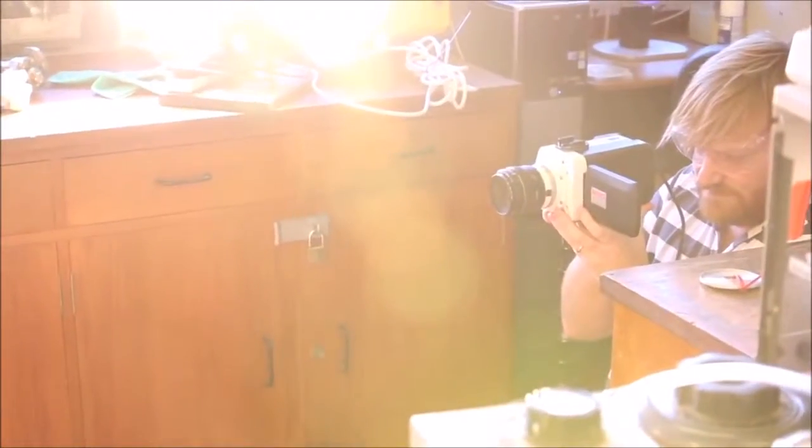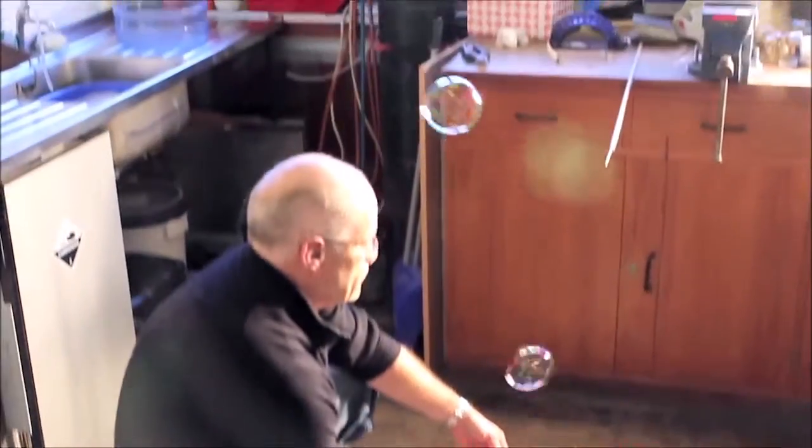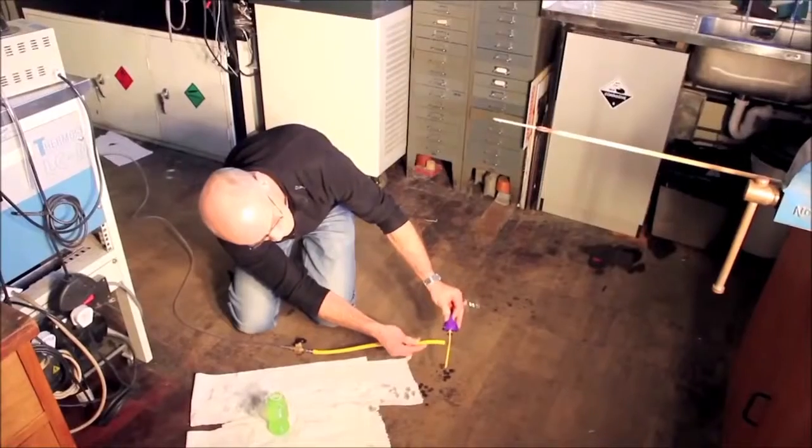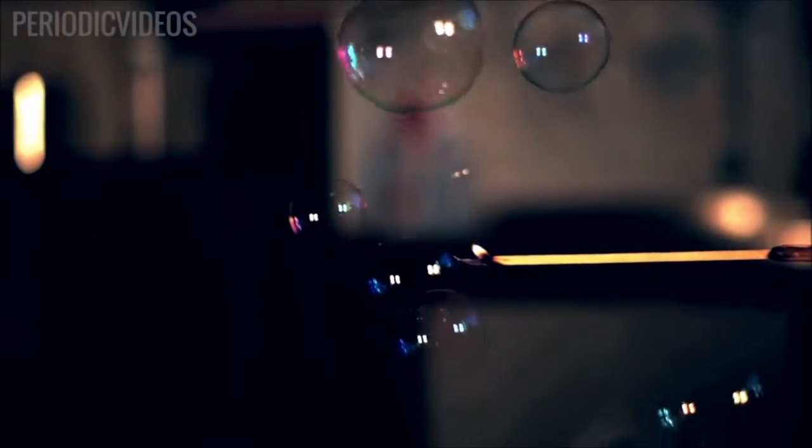For me, one of the most surprising things was how hard it is to hit a flame with a hydrogen bubble. Most of our bubbles missed, and they floated up reasonably slowly. And you have to remember that a small bubble has a higher pressure of gas inside it than a big bubble. So if you have a big bubble, the pressure is pretty low, almost the same as atmospheric pressure. But what this means is that if you burst the bubble, the gas isn't under pressure and doesn't expand very